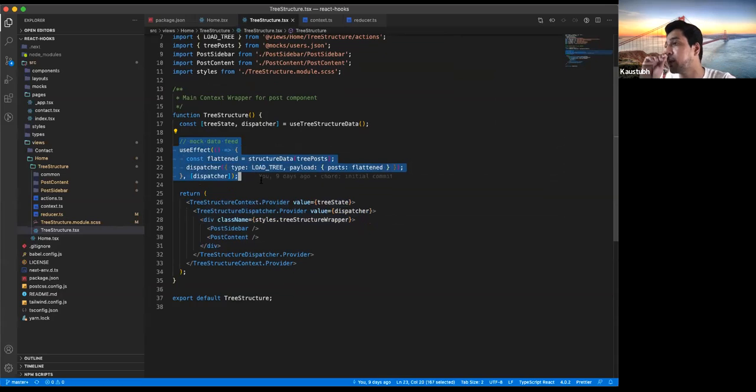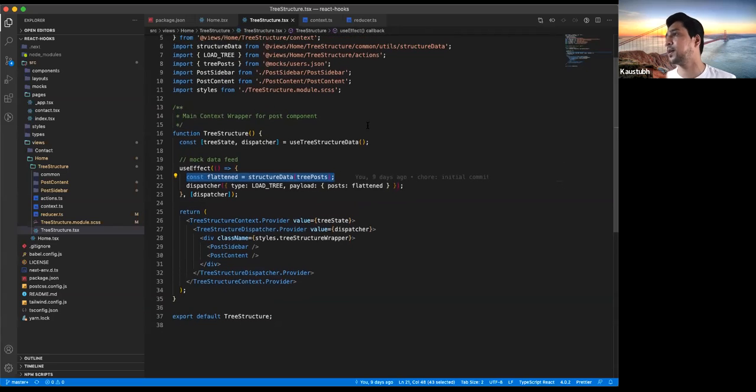Traditionally, you must be familiar with componentDidMount, but replacing that in hooks, because it is a function component, we would be using a hook called useEffect, and it would only re-render if the dispatcher has changed. So what we are doing is just feeding our component with the initial data. We can do all the structuring logic that we want just when we get the data.